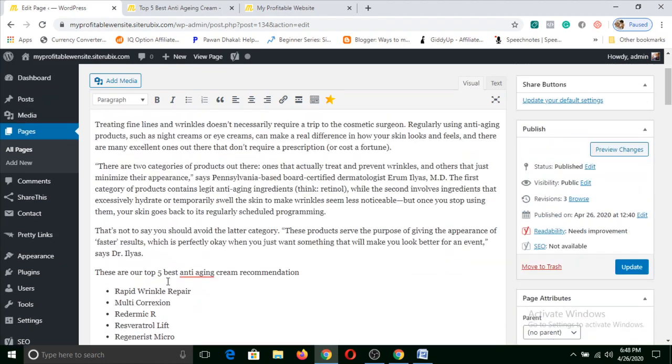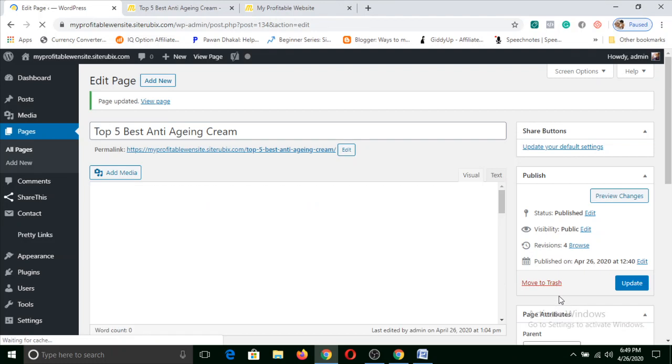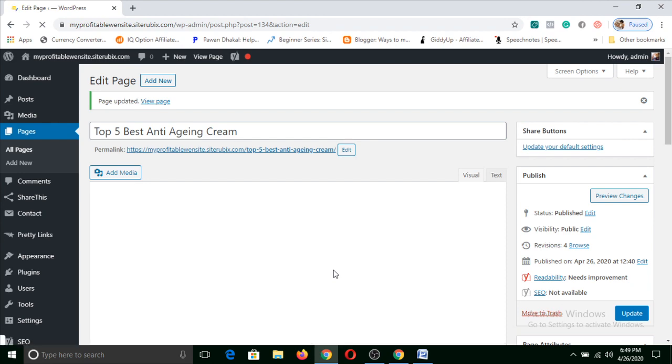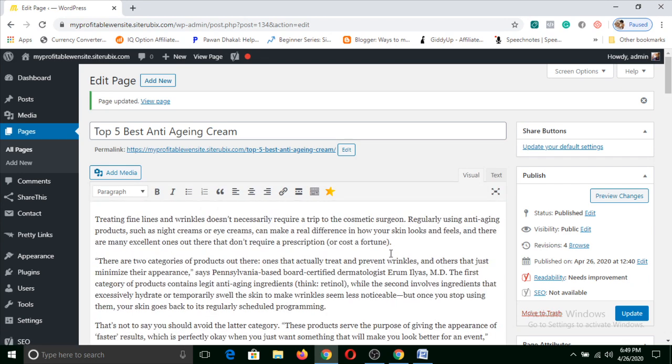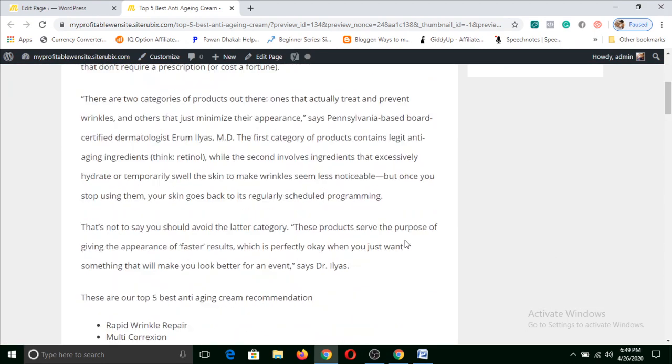Everything seems fine, just click on update. Now you can click on preview changes. Now your article seems something like this.